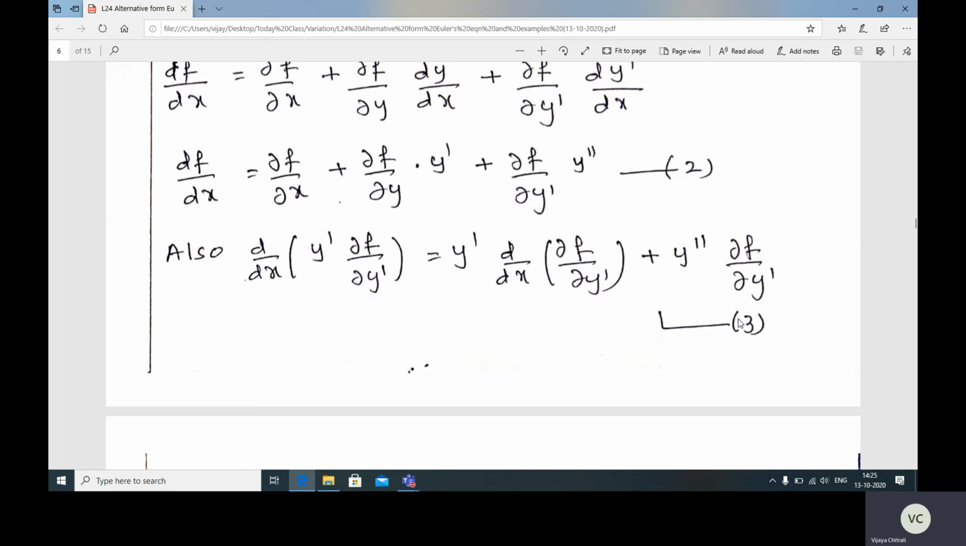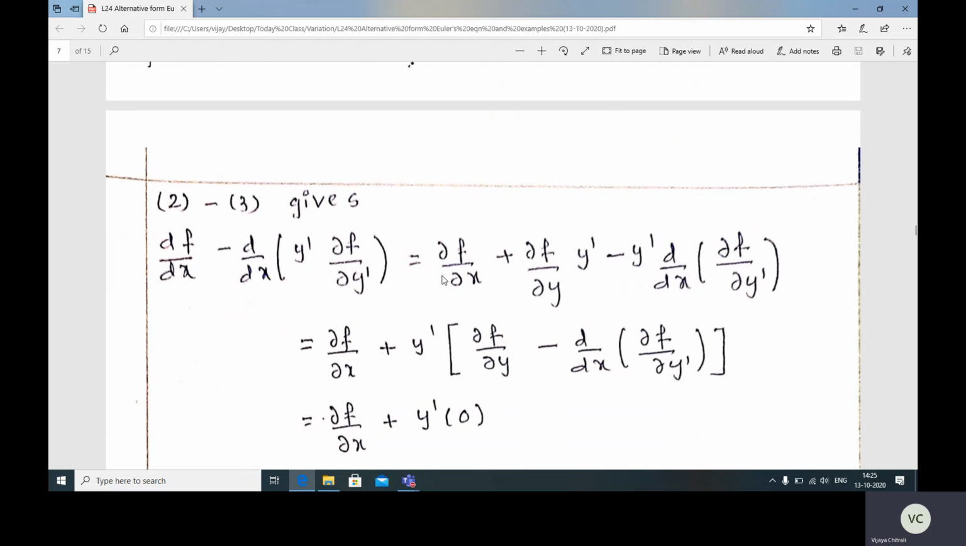Now 2 minus 3, take the difference, gives df divided by dx minus d by dx of y' ∂f divided by ∂y'. This is equal to ∂ by ∂x of f plus ∂ by ∂y of f into y', minus y' into d by dx of ∂f divided by ∂y'. So this ∂f divided by ∂x will be as it is. From these two terms, take y' common. So inside will be ∂f divided by ∂y minus d by dx of ∂f divided by ∂y'. This is nothing but